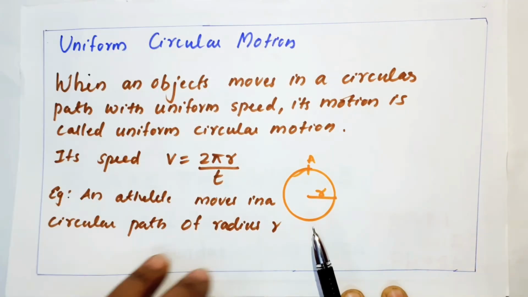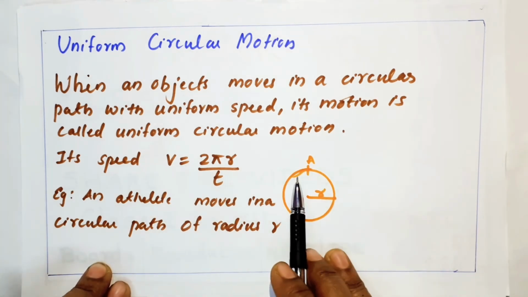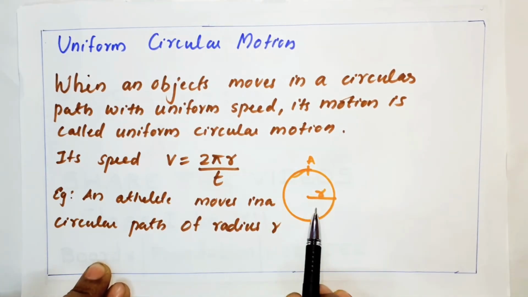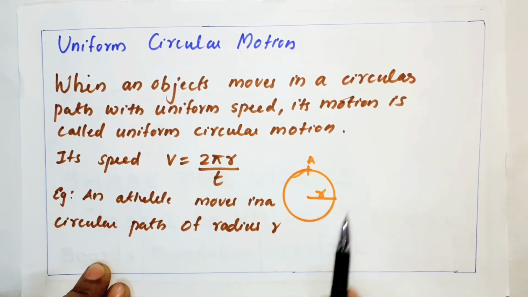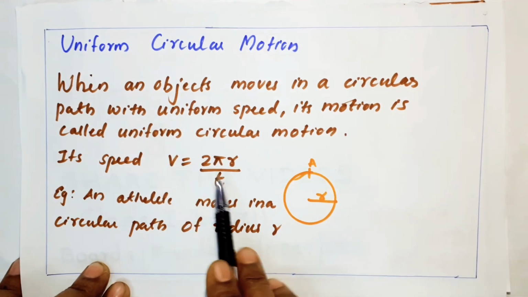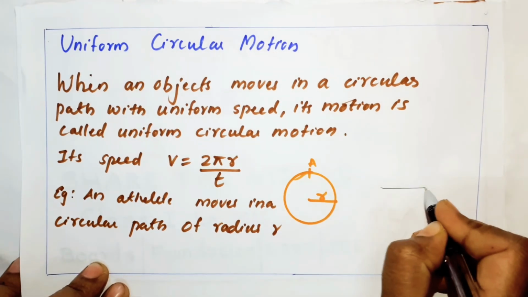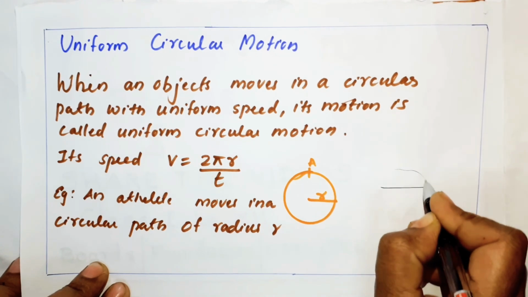Another main point here is called uniform circular motion. Now we were talking about linear motion, but uniform circular motion means when an object moves in a circular path with uniform speed, its motion is said to be uniform circular motion. For example, a body is moving from A and it is completing one circle of radius r. What is the speed? The distance is nothing but 2 pi r divided by t. So we get the velocity as 2 pi r by t. Here you can take another example, a stone connected with a string and moving in a circular path.